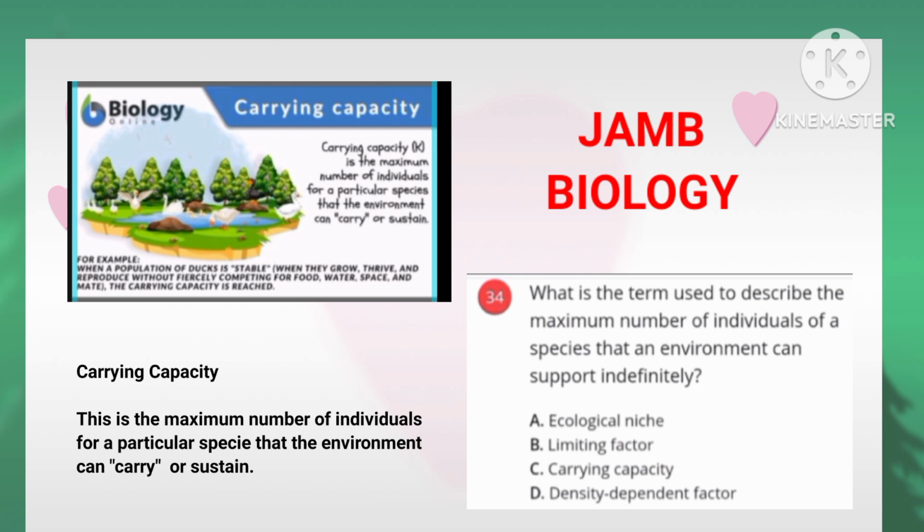If the population grows beyond the carrying capacity, resources become scarce, leading to increased competition, reduced survival rates, decreased quality of life. Conversely, if the population is below the carrying capacity, resources are plentiful, allowing for population growth, increased reproduction, improved quality of life. Carrying capacity helps us understand the delicate balance between populations and their environments, informing conservation and